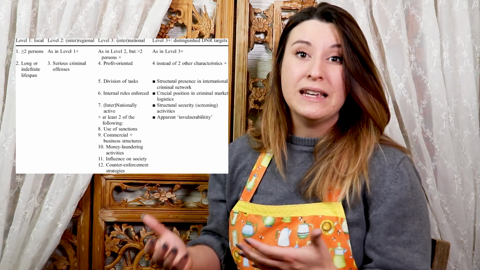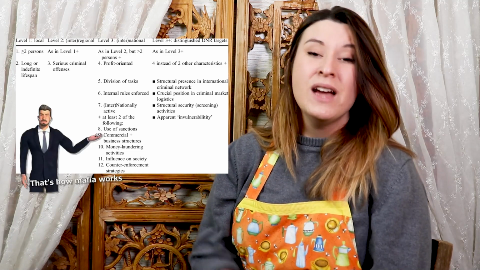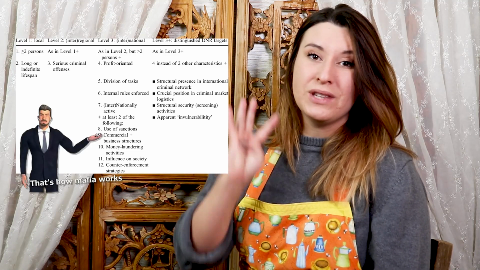A lot of times we make the mistake as DMs of making our criminals these evil mastermind types, when in reality there are actually levels of criminal activity, which is what we're going to talk about today. We're going to talk about the 4 levels of criminal activity and how to include them in your campaign. Here we go.